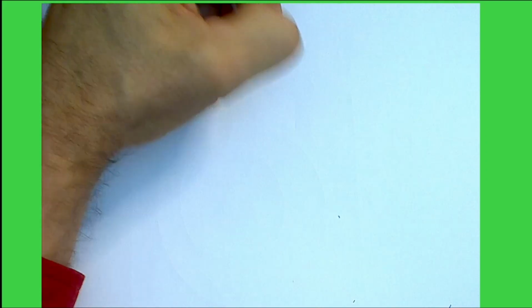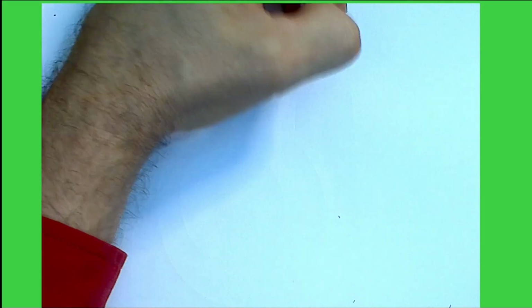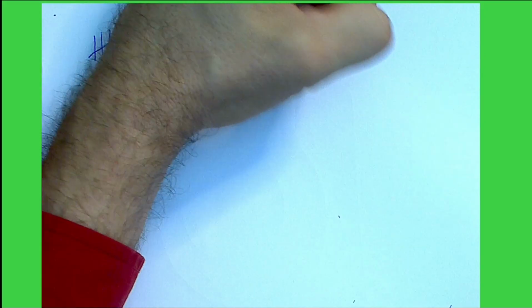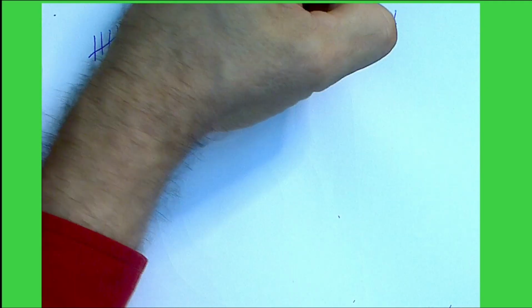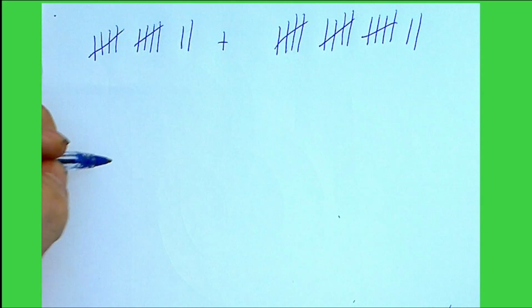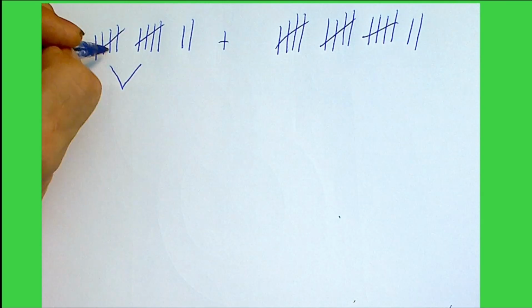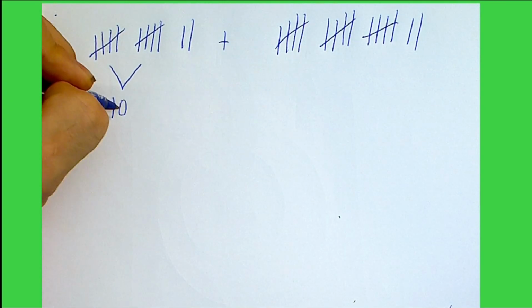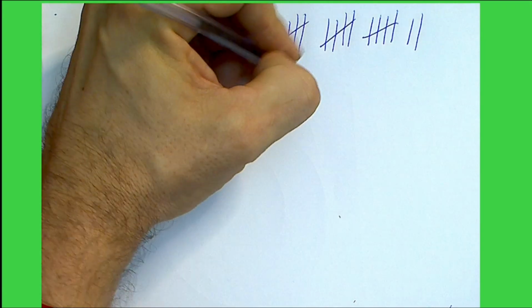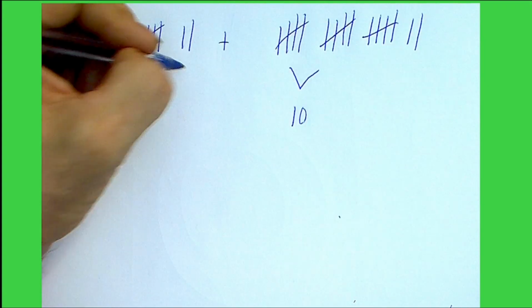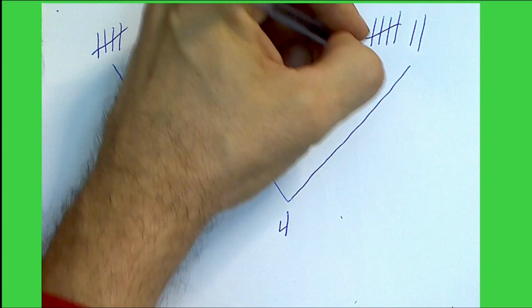Tally marks really can be developed into more significant math. For example, we might want to say, what is 12 plus 17? And what we ask students to do now is be a little more creative and say, look, there is 5 and 5. This is 10. And there is 5 and 5, and this is 10. And now here is 2 and 2. There is 4. Here is a 5.